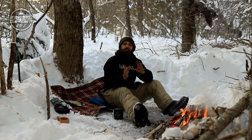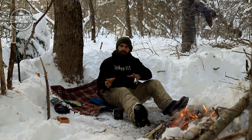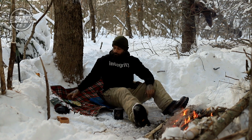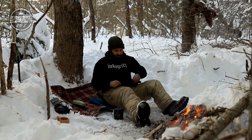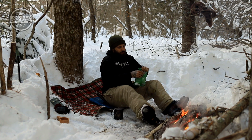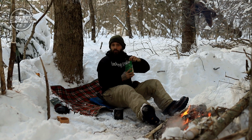So I'm going to save my ramen until later on because it cooks faster, and when I'm in the dark I don't want to fumble around with cooking things. I'd much rather just do it fast and simple and be done with it. So pasta dish, I've got the water here. I think we're ready to go right now actually. So I'm just going to tear this open, get it in there and cook it up and enjoy,